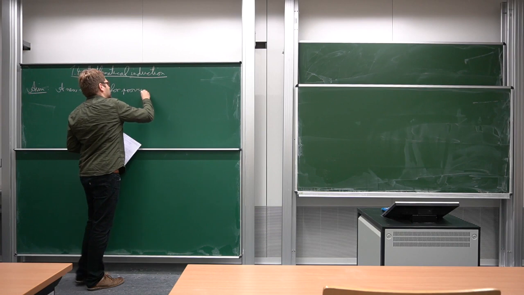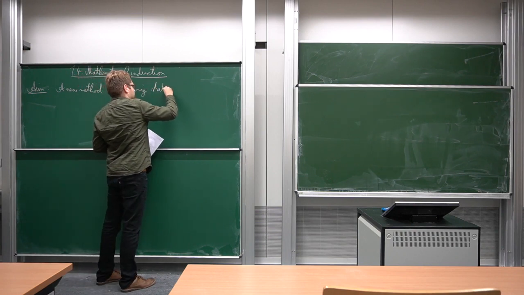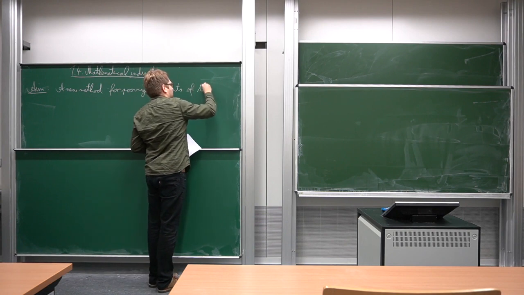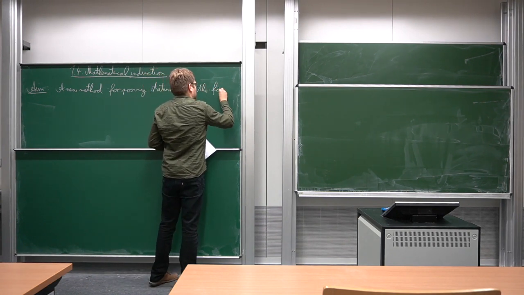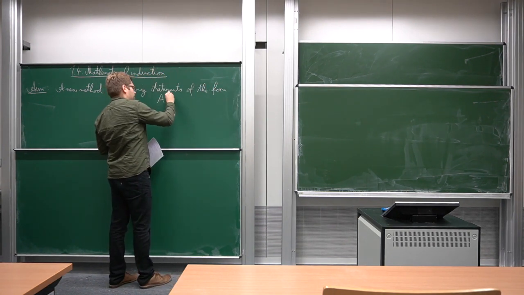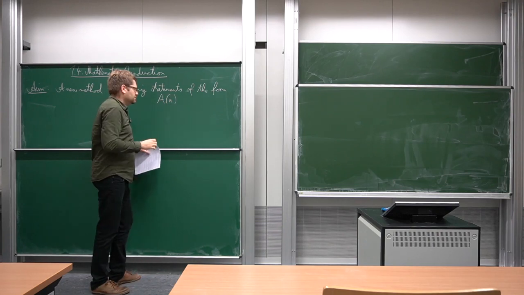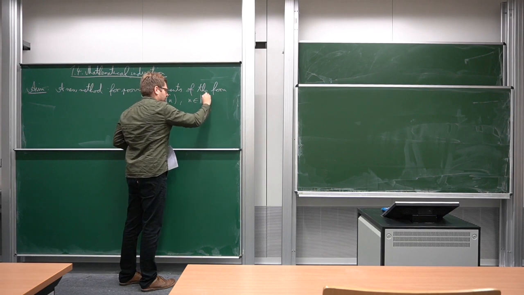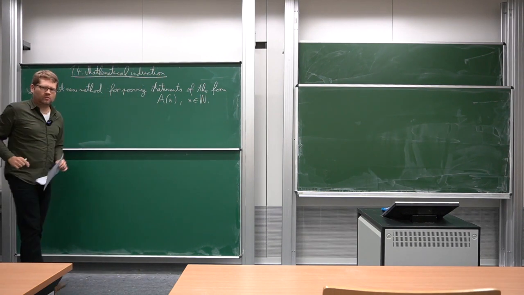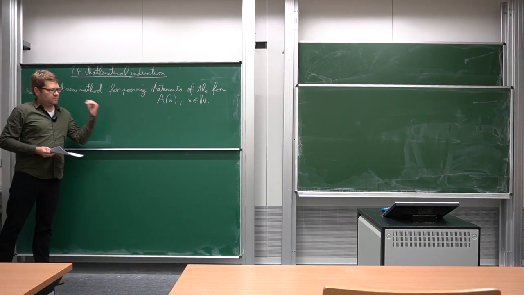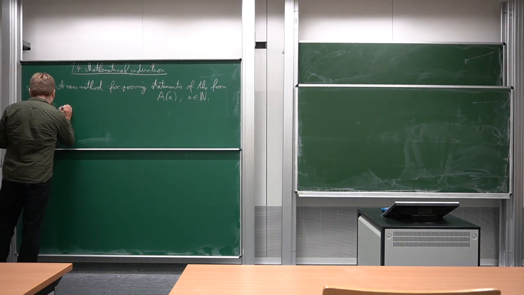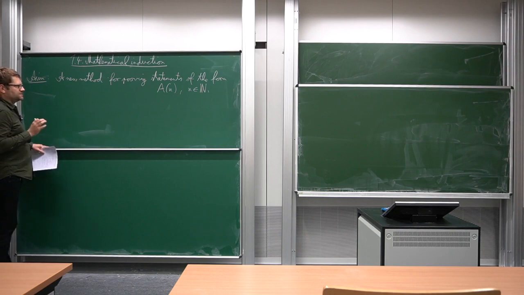namely for proving statements of the form A of n, so it's just some statement making a claim about some n, where n is a natural number. So some equation or inequality or something involving some parameter from n. And we will see some examples later in this section, but this is the kind of idea that we want